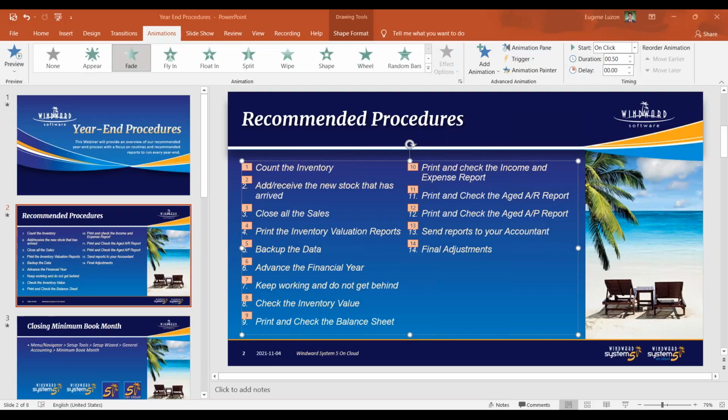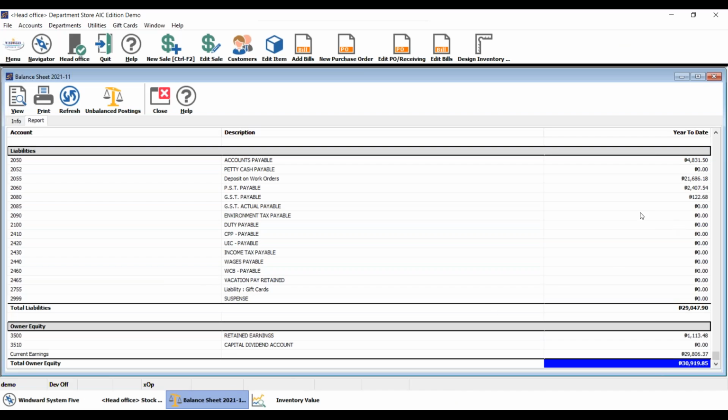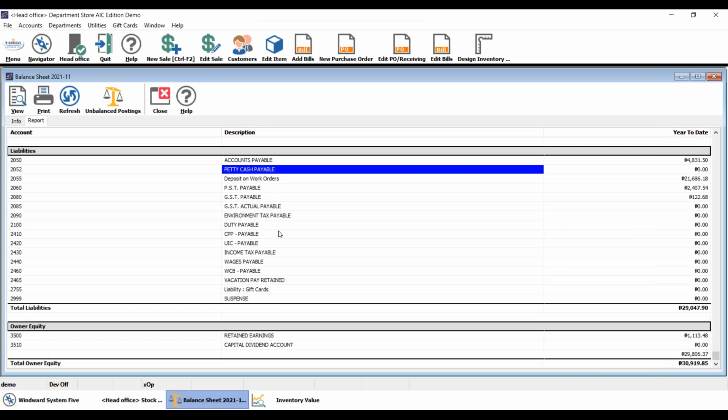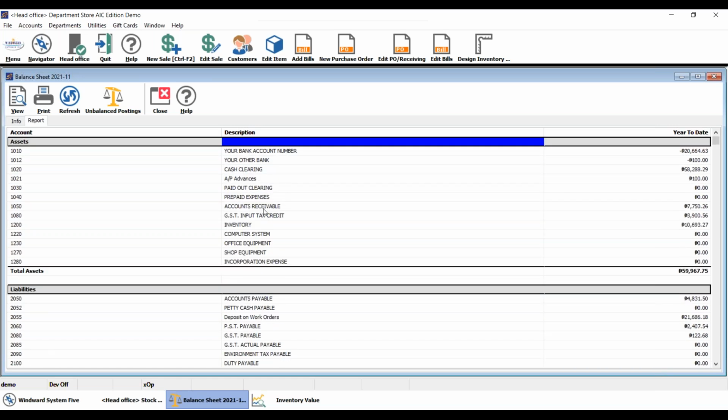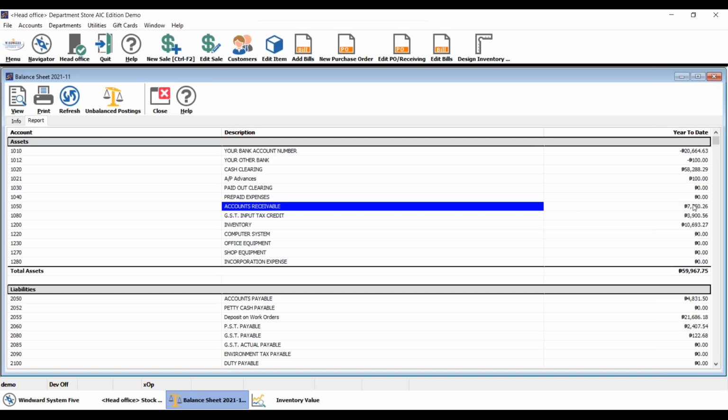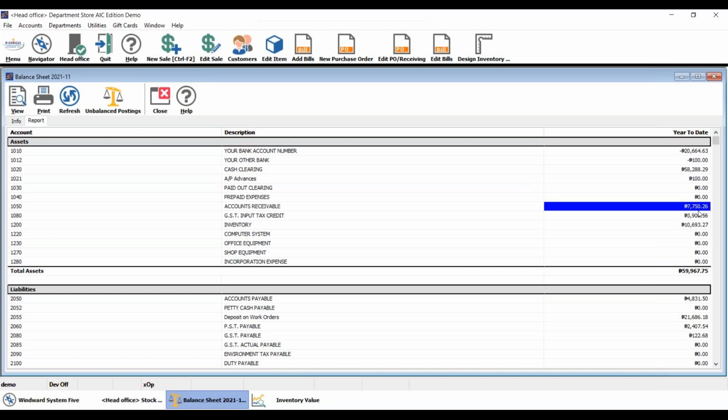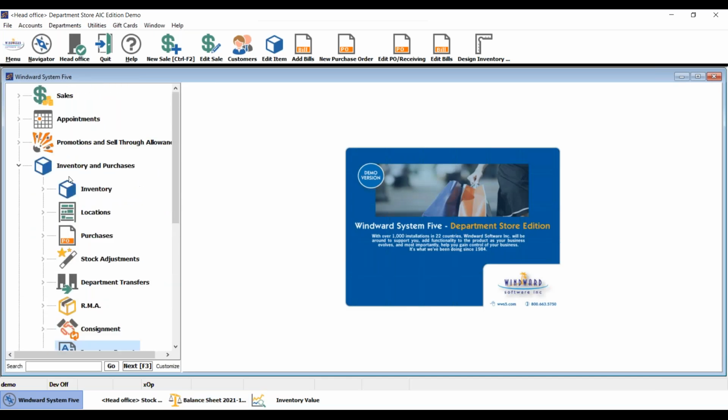So let's check my demo. Let's see if my AR is matching with my aged AR. Here's my balance sheet, and my AR is, let me see. Okay, there's my AR, and I have 7750.26. So if I run my aged AR,